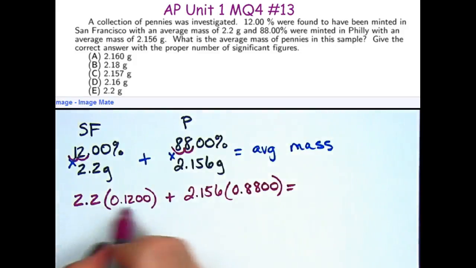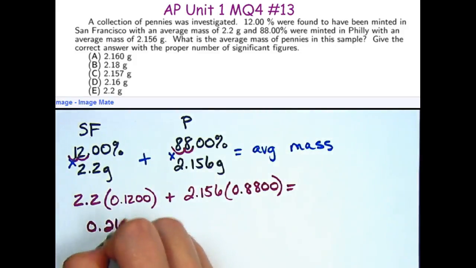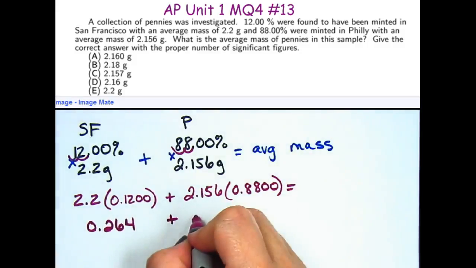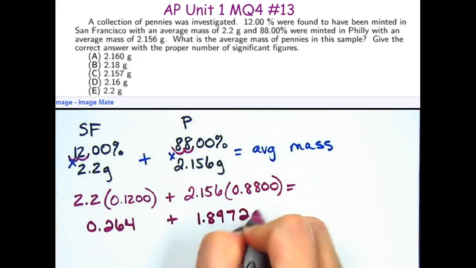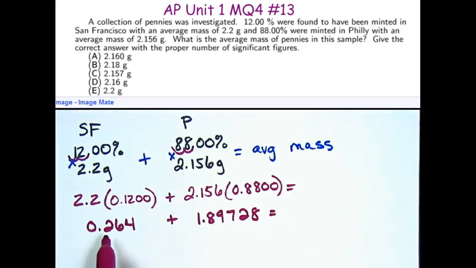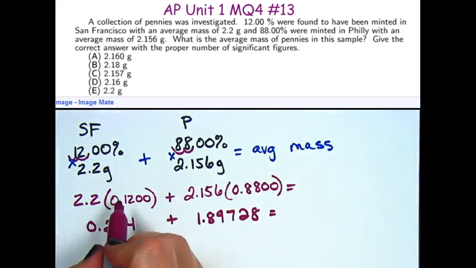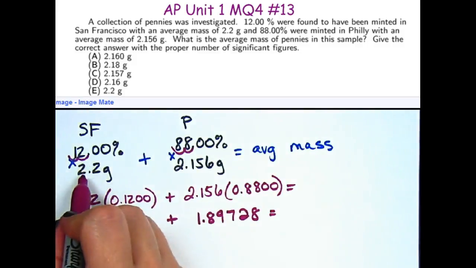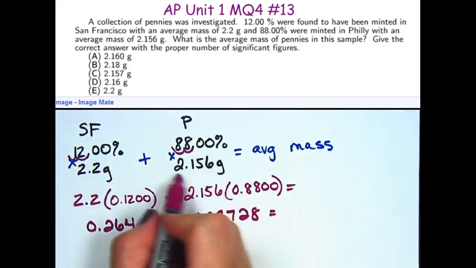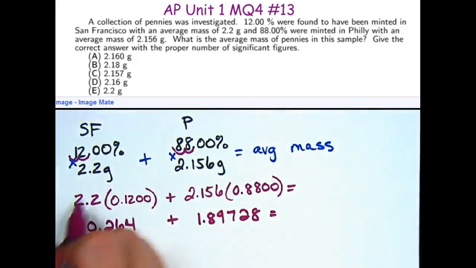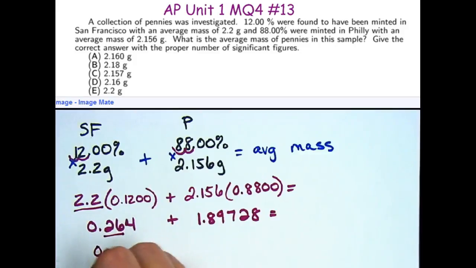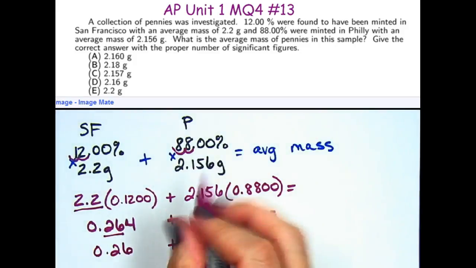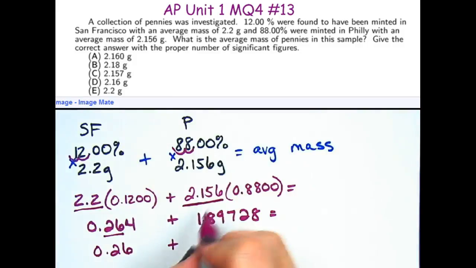Now, when I multiply these two values, we get 0.264, and when you multiply these two values, you get 1.89728. We need to take into account the significant figures. We don't consider the percentages because they're exact values, so we only care about how many sig figs the masses have to begin with. This mass is only 2 sig figs, and so this value can only be 2 sig figs, 0.26. Plus, this mass is 4 sig figs, and so I can only have 4 sig figs here, so this will